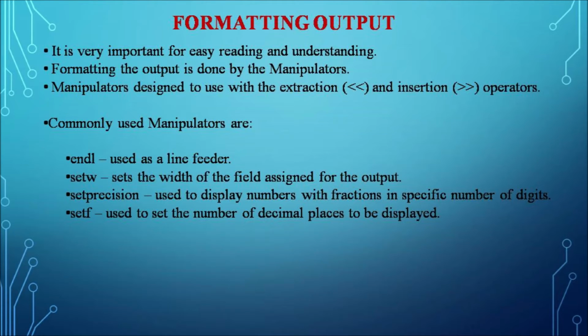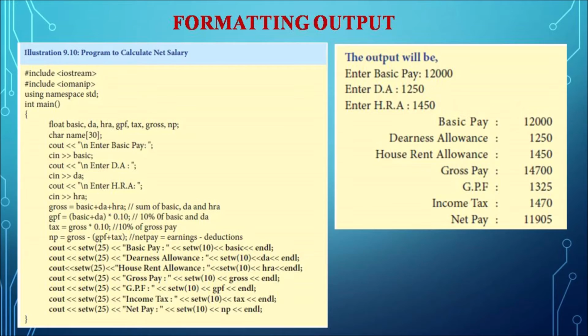And the next one is setw. Setw sets the width of the field assigned for the particular output. For example, the field width determines the minimum number of characters to be written in the output. That is the main advantage of setw. All these we will see in detail with an example in the next slide. Now let us see an example for this